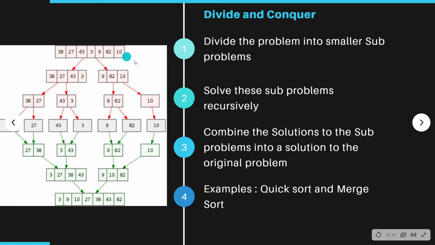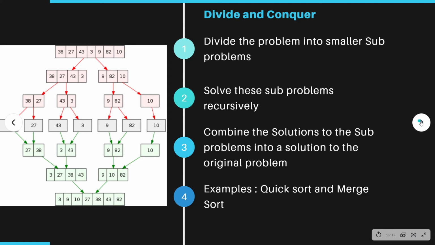Here you can see this beautifully explained divide and conquer example. Here we have an unsorted array. The green part is where we are dividing. The gray part we have already divided, and in the green part we are compiling those values. Divided into 4 parts, 3 parts, again 2 parts, here 1 part. Then we are comparing, and finally we have a sorted array, an ascending sorted array, ranging from 3 to 82. We will see each and every sorting, searching and merging algorithm in detail, so do not worry, stay tuned.